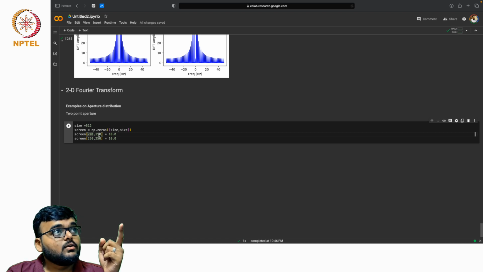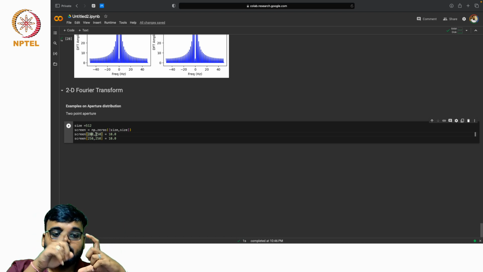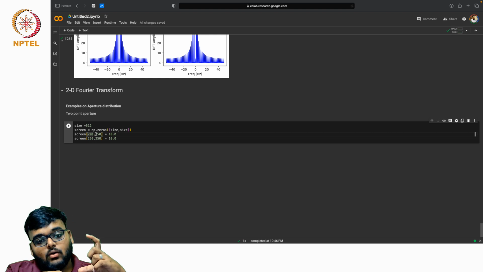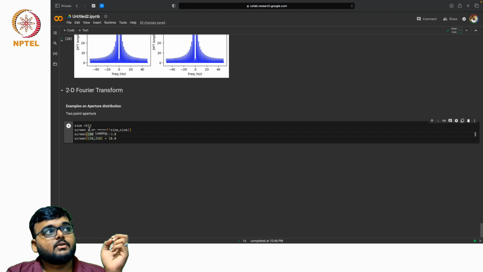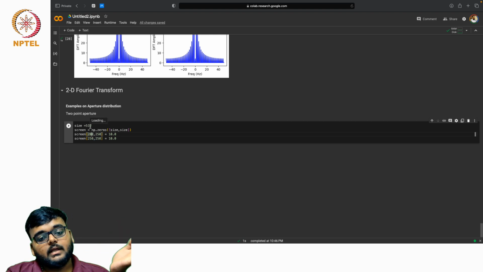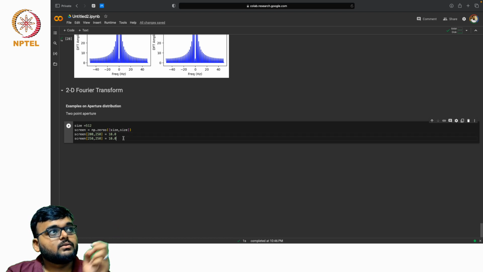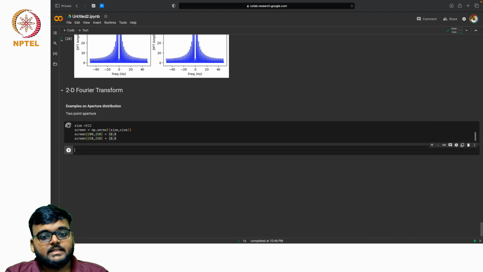This is row versus column. So row means your y-axis and columns means your x-axis. So your y-axis is 200 and your x-axis is 250, and the other one is at 250 cross 250. Okay, near about the center, not exactly the center, because it's 512, so the center will be around 256. Okay, so we will initialize this parameter and we will create